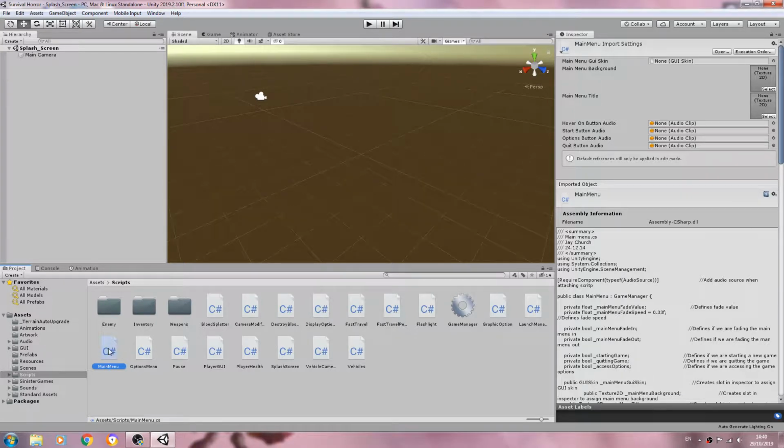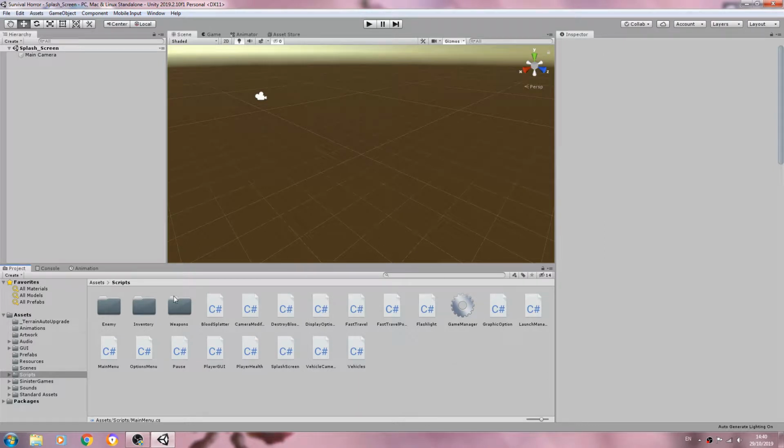So make sure you have a backup of your overhauled main menu, and it's a good idea to do it for all the scripts before you import anything into this project, or you could end up losing the updated script, which you don't want to do. So with that now said,